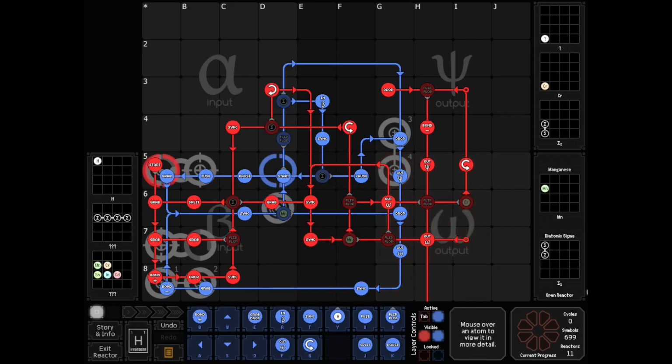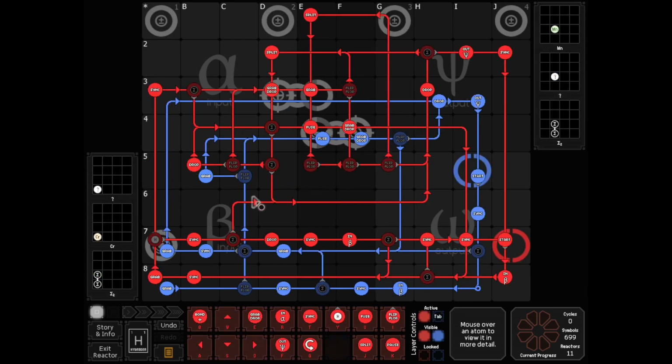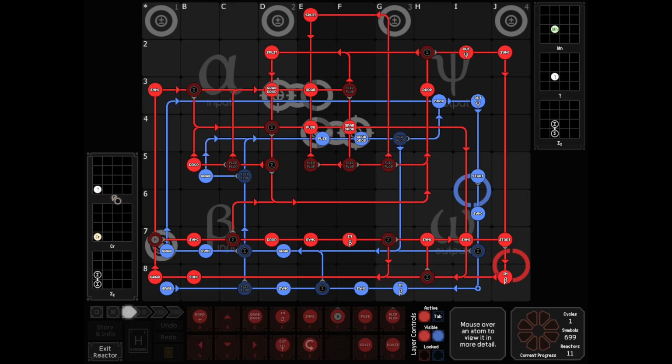Okay, so this reactor, which gets 24 and a remainder,